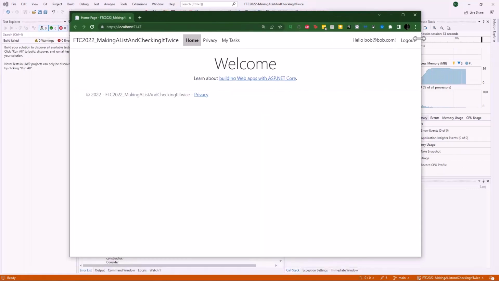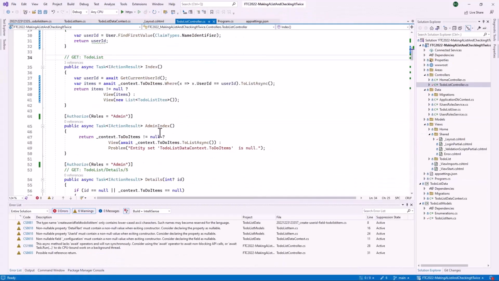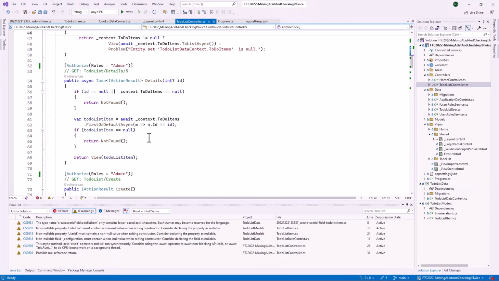And if you log in under Bob now, Bob should see no tasks because Bob has currently not done any tasks under his user ID. So that's what we expected. Let's make sure we have a couple code changes that we want to get done here as well. So on the update to-do list item status,